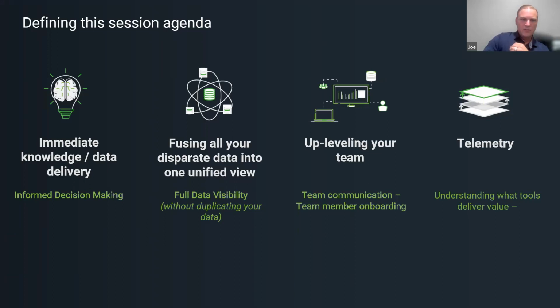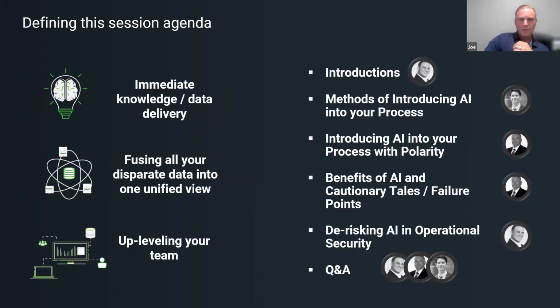I also mentioned this to set the stage for how we started thinking about today's agenda. On those 3 points, insofar as the immediate knowledge and data delivery, fusing the data into one view, and up-leveling the team, we put that into the context of what's happening in the industry right now with AI, and how we can actually get it into the hands of people so that it's super useful, so that it can benefit people. Obviously, there's lots of talk in the industry right now about the ways to use it and how an organization is going to use it. But if you are in a position where you can be using the technology, we wanted to honor the spirit of our core value proposition in today's agenda.